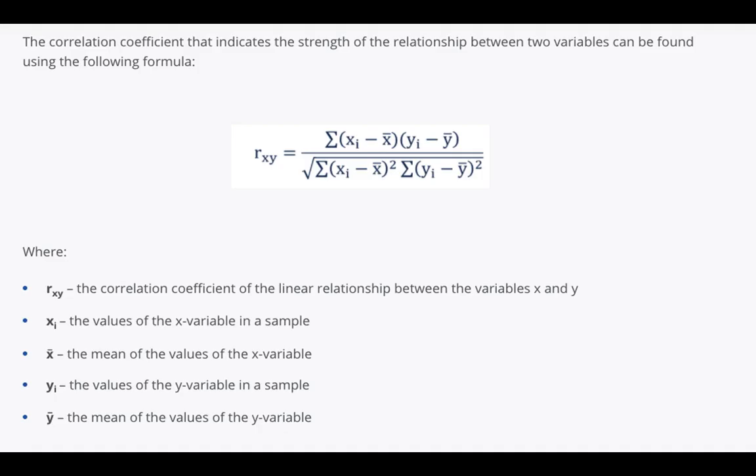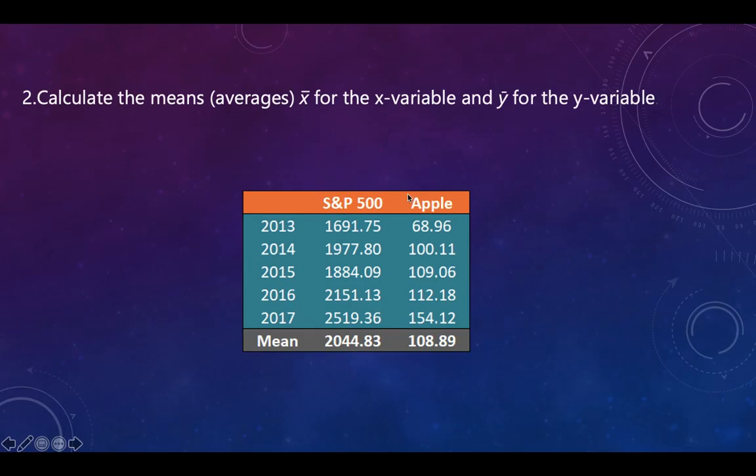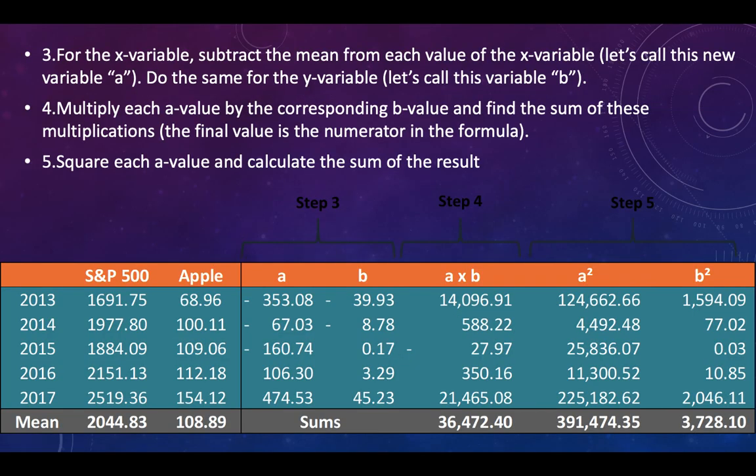Again, another value is there in the formula. In the down part you can see xi minus x bar square and yi minus y bar square. So we have to find xi minus x bar square. We found xi minus x bar as a and yi minus y bar as b. So a square, if you do, the minus square will obviously come as a plus. Similarly I found all the values of a square. Similarly here minus 39.93, all the values I have to square.